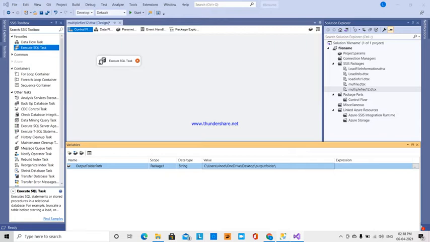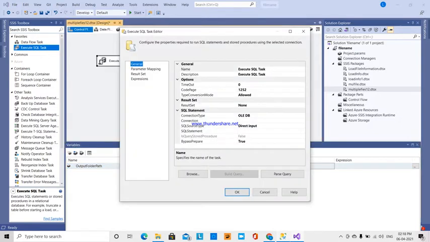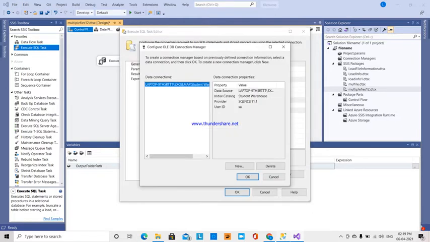The next thing is the Execute SQL Task. What I'm going to do is create a connection and write the SQL statement. Here the connection type will be OLEDB. I'm going to create a new connection. Already one is there, so I'm going to delete that one and create a new connection.